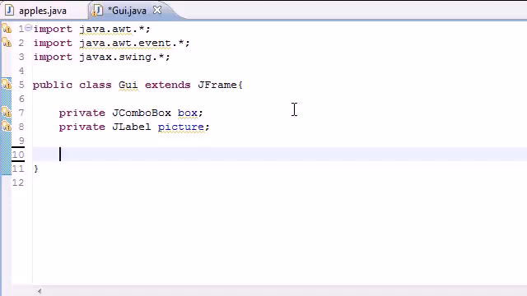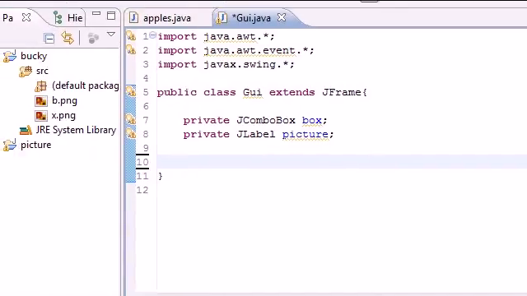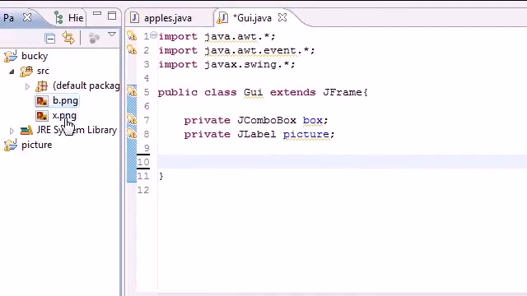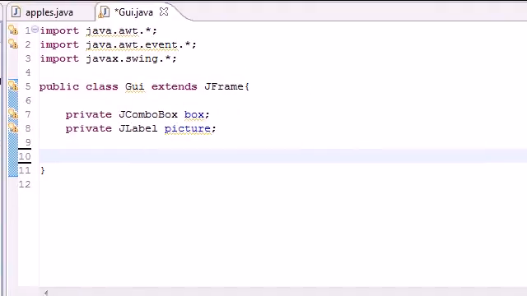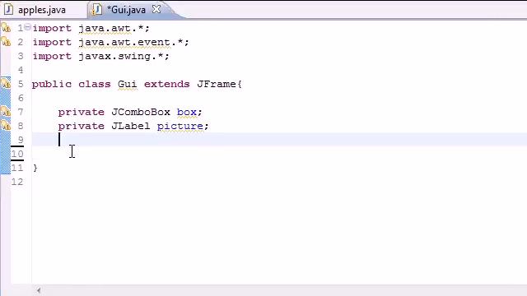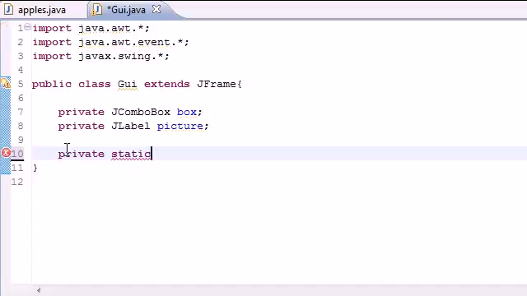Now the next thing we need to create is actually two arrays. You see here I already have two images, b.png and x.png, and these are pretty much just an image that says b and an image that says x with a little graphics on it. So we need to create two arrays. The first array is going to store the file names, and the second array is going to store the pictures themselves. So let's put private static, we don't want it to change, String, and remember this is going to store the path, and the path is just a string, and I'm going to name it fileName,